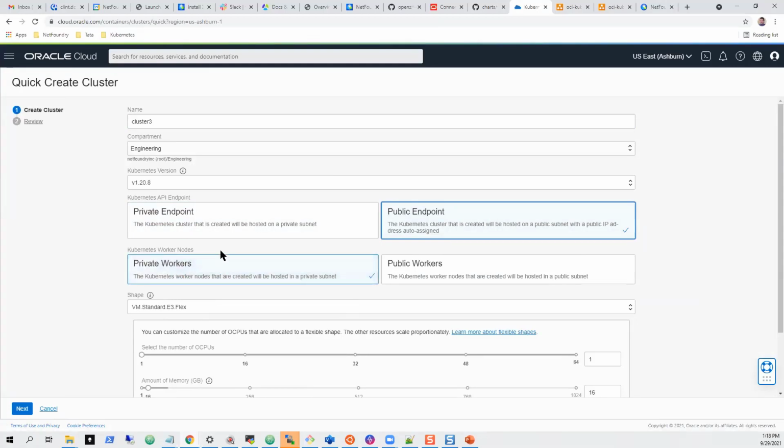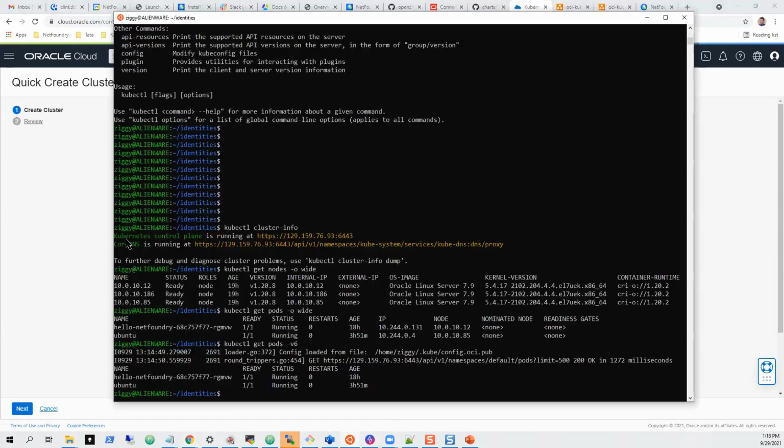I did put a couple of applications into my environment. And you can see that I'm currently connected to my Kubernetes control plane on my public control plane. I do have some nodes. You'll notice, just like I said, they don't have externals. We have a few pods, and you can see I'm collecting my pods once again from the public API. And you notice that I have a Hello World pod running in here. And I also put an Ubuntu instance in there. I think it's running a web page or something else.